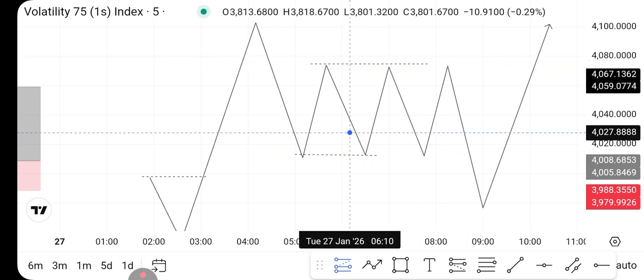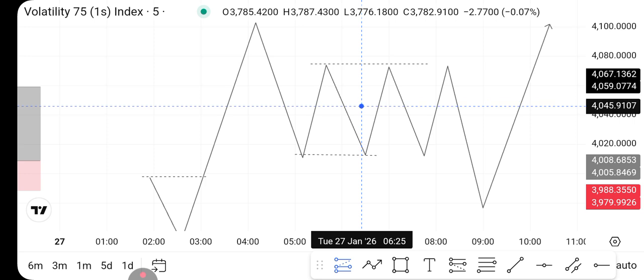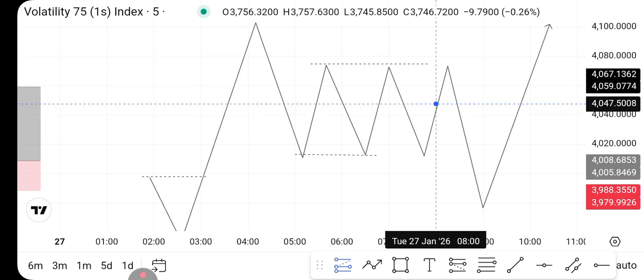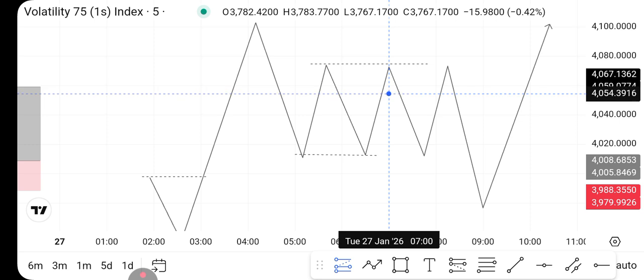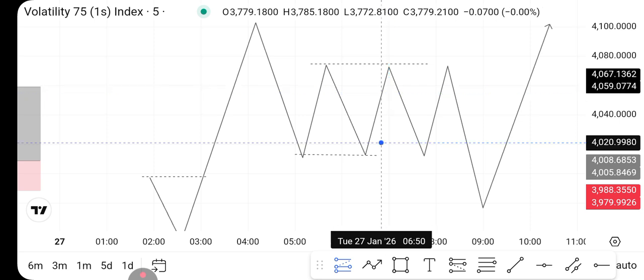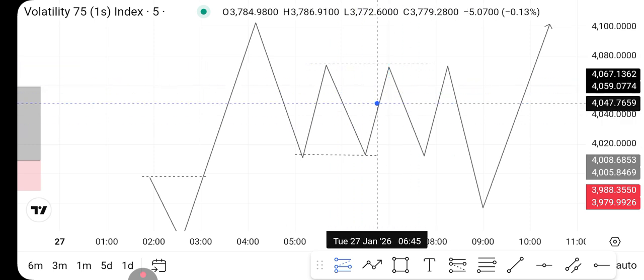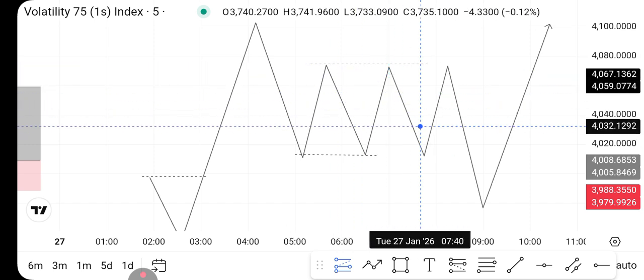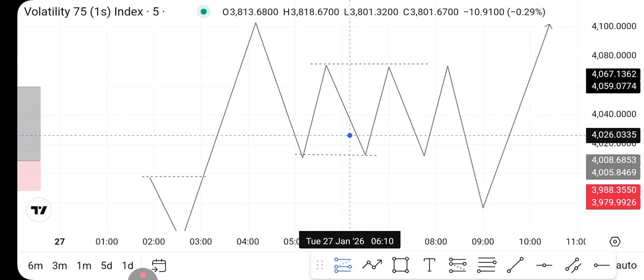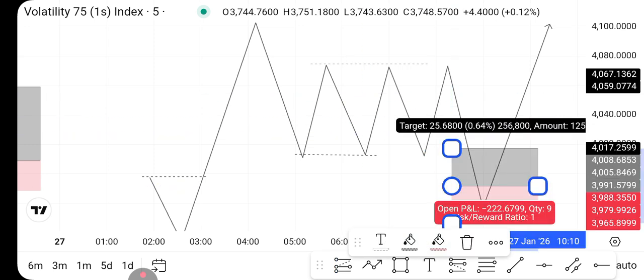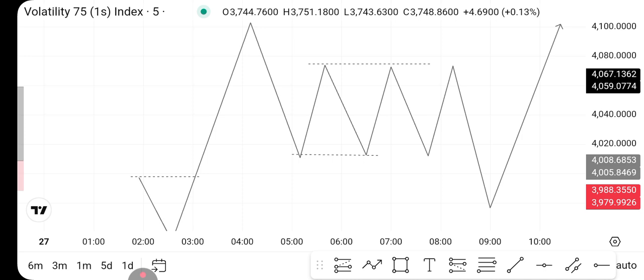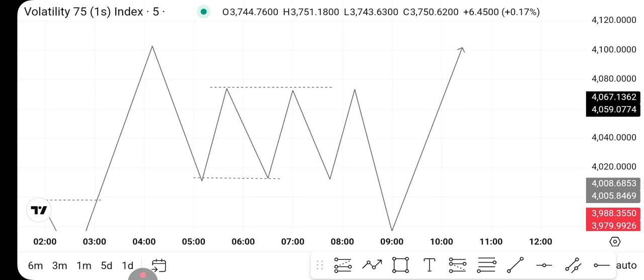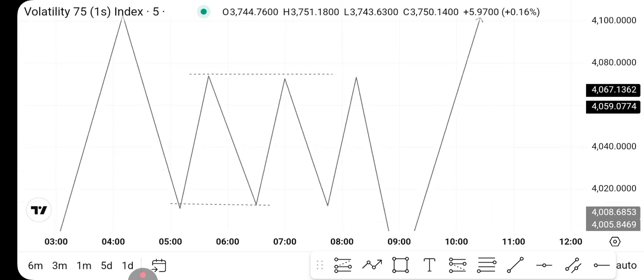So you would have spotted this on the higher time frame, maybe 30 minutes. Yes, use 30 minutes to spot this. 30 minutes, 1 hour. Use 30 minutes, right? Or if you want to go lower, you can use 15 minutes, right? So use 30 minutes to spot that, and then go to a lower time frame, 2 minutes or 3 minutes. You're going to see